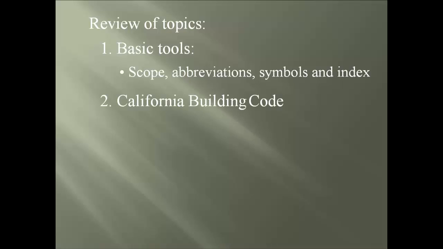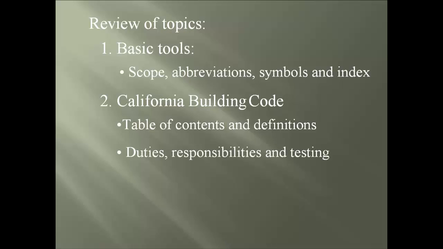Secondly, we moved into the California Building Code, Chapters 17 and 22, where we reviewed the table of contents and definitions, the duties of the QA professional, the QC responsibility, seismic testing requirements, seismic categories,